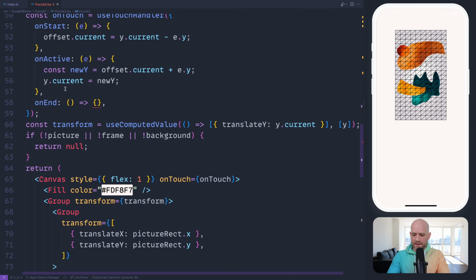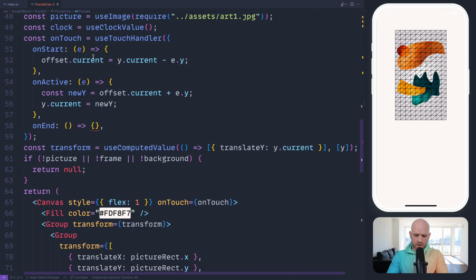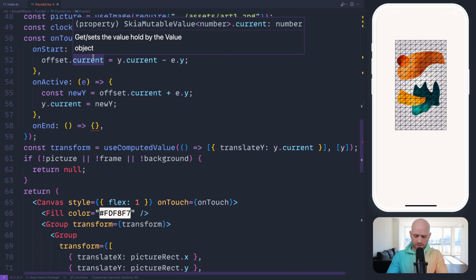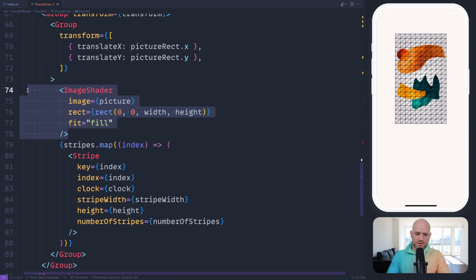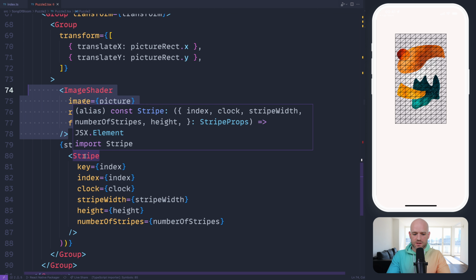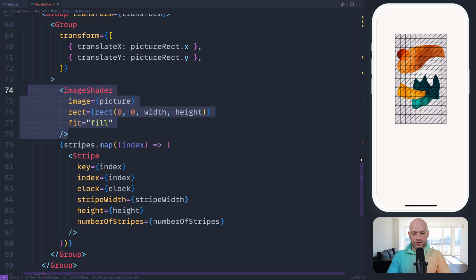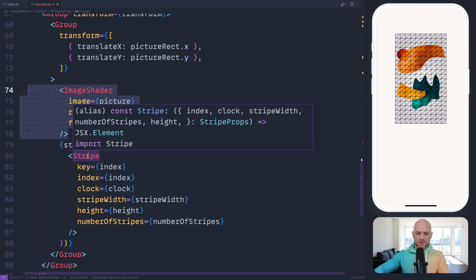And now for the second puzzle, we're going to look at noise, but in the context of vertices. Here in the boilerplate, I have a couple of things already. I have the touch handler so I can move the image around, which we display as an image shader, which we use as a shader of the vertices in the stripe element.